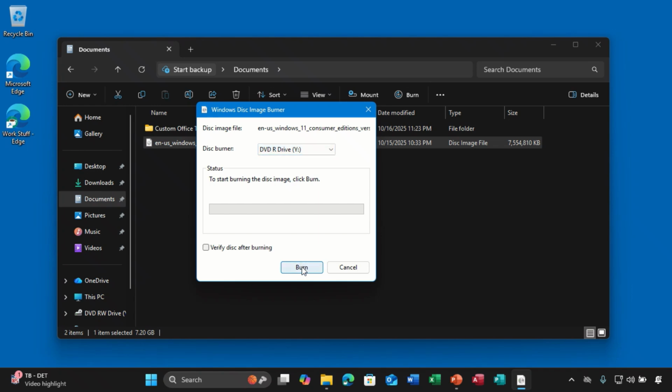Now you are ready to click Burn, but normally I advise that before you click Burn, you put a check mark here. This means after burning, the tool will verify that the burning is successful, so that you are sure that your DVD is working without any error. So simply now you click Burn,